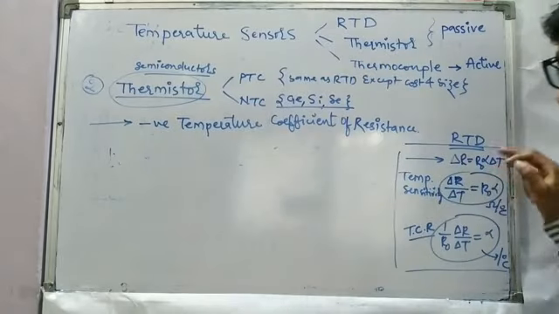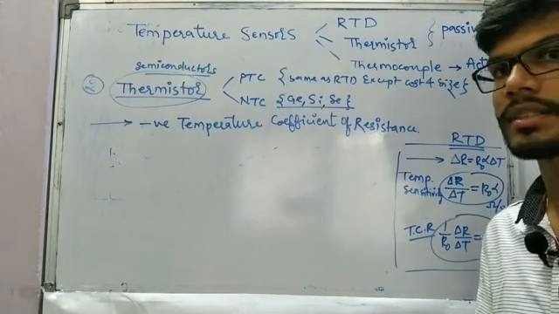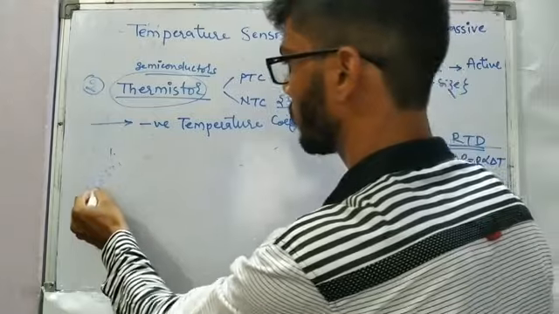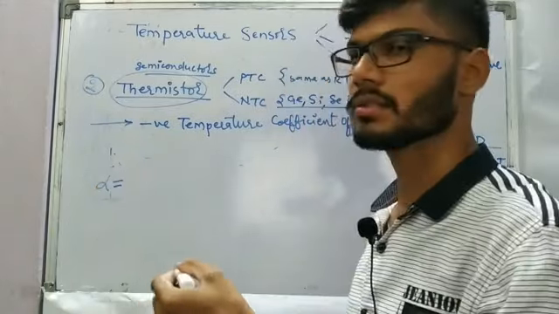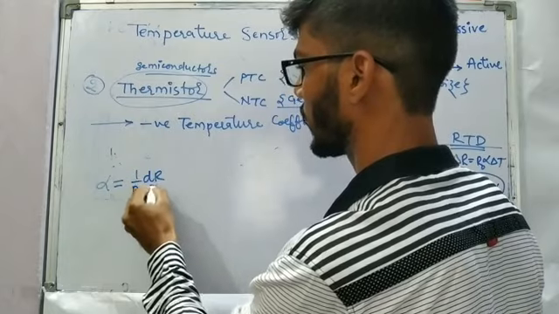So in the previous case, RTD, we had delta R as R naught alpha delta T, and temperature sensitivity is the rate of change of resistance divided by rate of change of temperature. So we have R naught alpha ohm per unit degree centigrade, and the temperature coefficient of resistance alpha, if we divide again by R naught, this will become 1 by R naught delta R by delta T. So same thing, we have to derive the temperature coefficient of resistance in the case of thermistor. So it is going to be 1 by R dR by dT.